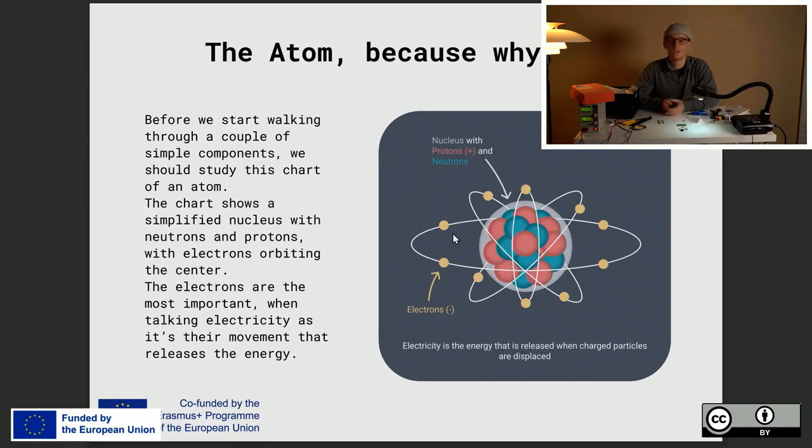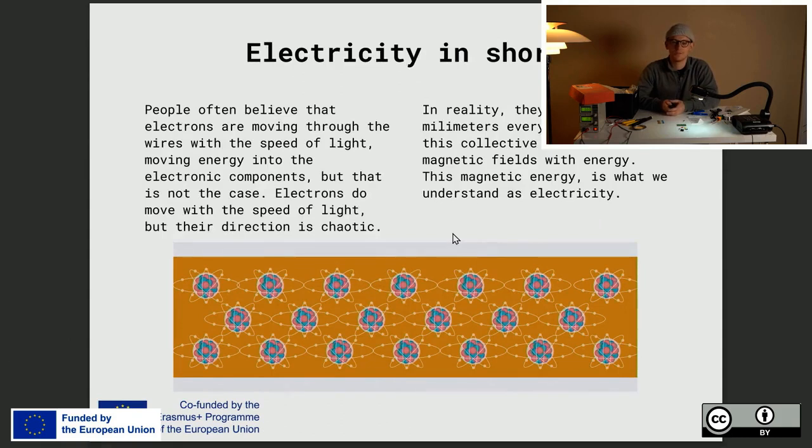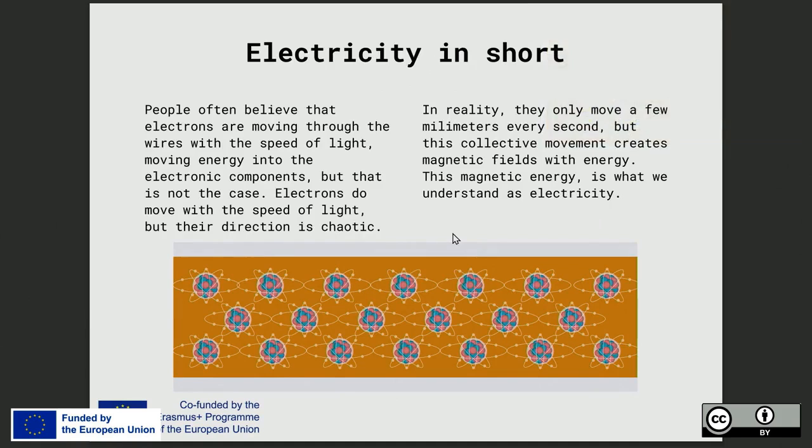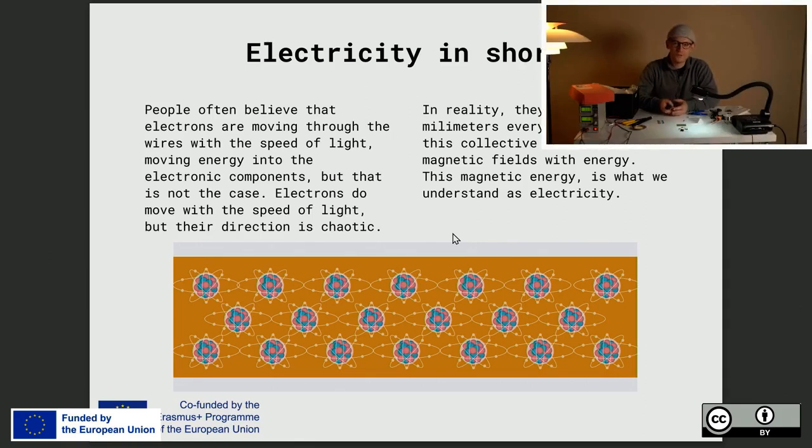In short, there's been a lot of talk about what electricity actually is and what type of energy we're harvesting. People have this idea of a chain of electrons moving back and forth in a wire. This is not necessarily a bad understanding, but not the most accurate. It's actually more like this,